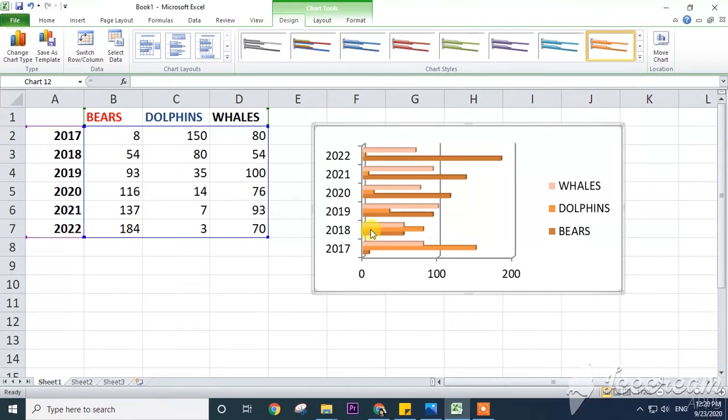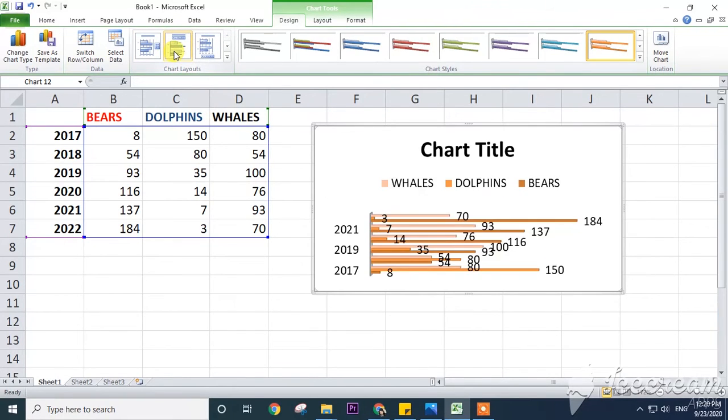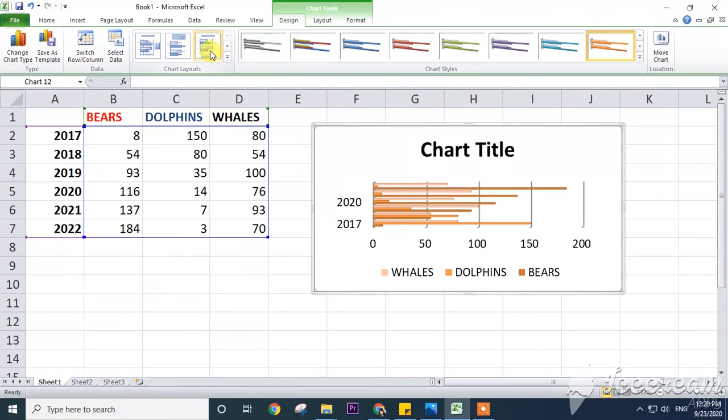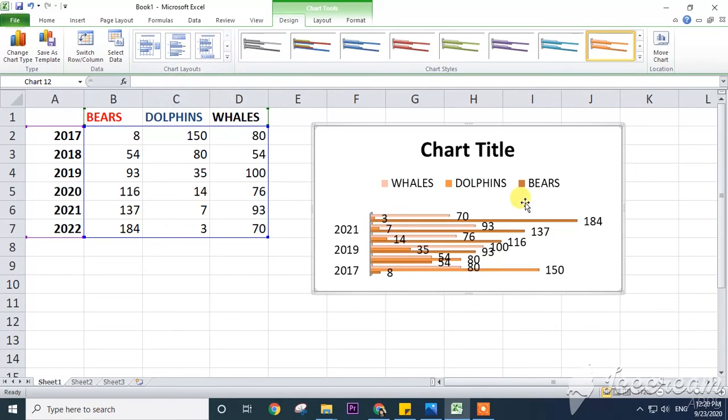Now there are chart layouts also here. Now you are unable to see what the data is here, how much data. It is 144 value, but it should be shown here. There are layouts here. You can see quick layout. First one, this one. See, if I click this one, see 184. The values are also showing here. This one, see, values are showing here. In this way we can make the chart layout clearer.